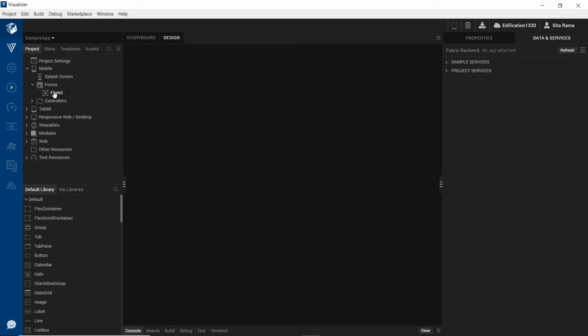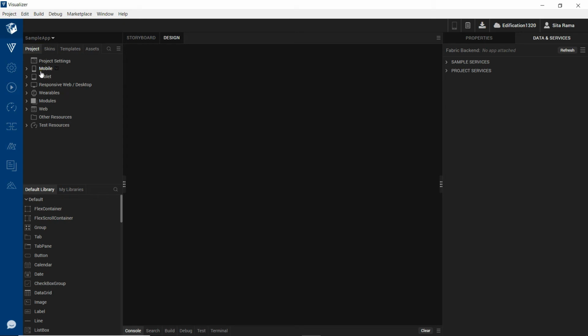Forms are nothing but the screens that you want to have inside your application. As you want to have different UI for the mobile channel versus tablet channel versus variables channel for your application,